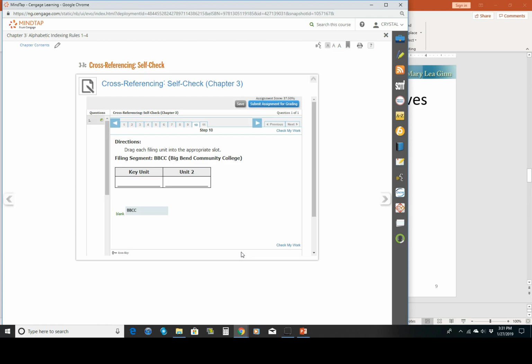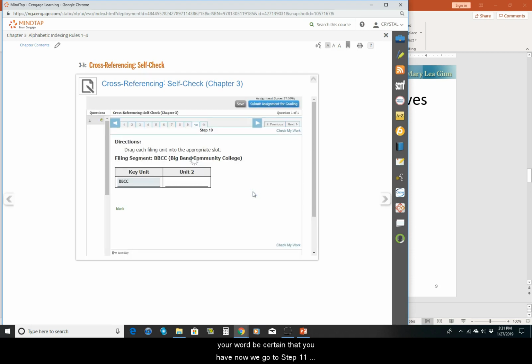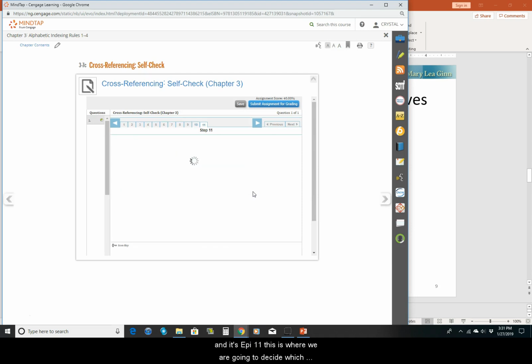And finally, number 10, BBCC, stands for Big Bend Community College. So that's the letters for Big Bend Community College. So someone may also look for it under Big Bend Community College. So here we have only one key unit. Now, we can check our work, and if you don't want to check your work, be pretty certain that you have them correct. Now we go to step 11, and in step 11, this is where we're going to decide which